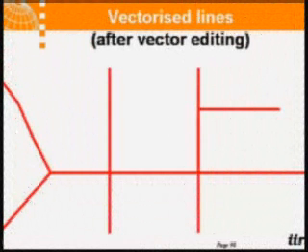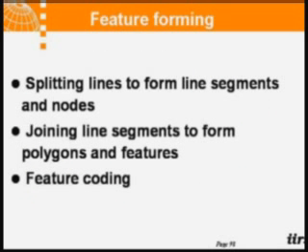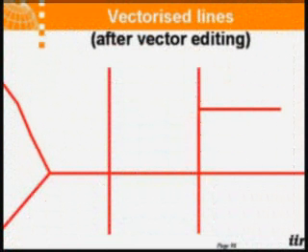In vectorized lines. And then feature forming is splitting the form to line segments and nodes. That means once you created lines, it is not final in terms of GIS. Okay, the lines are there, they are joined here, but there has to be a node. So if the line is going like this, probably this line has gone over this line, or this may be a canal road, canal network, this may be the road network. So then both, if they are different, then you have to create a different layer.